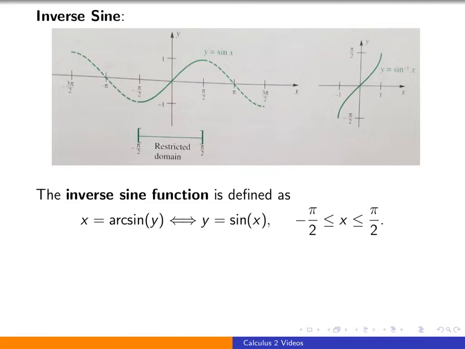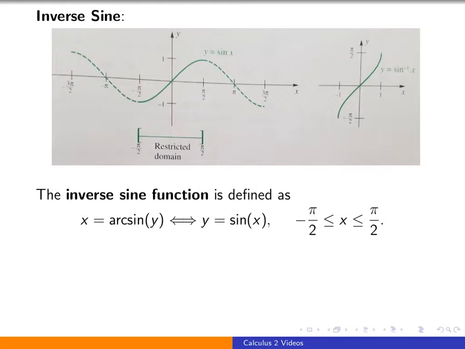In this video, we will continue our theme of inverse functions and begin discussing the inverse trigonometric functions. So if we think about what the graph of sine looks like, note, in general, it does not have an inverse. We can draw many horizontal lines that intersect the curve in infinitely many places. So in order to guarantee an inverse, we have to somehow restrict the domain, such as from minus pi over 2 to pi over 2,